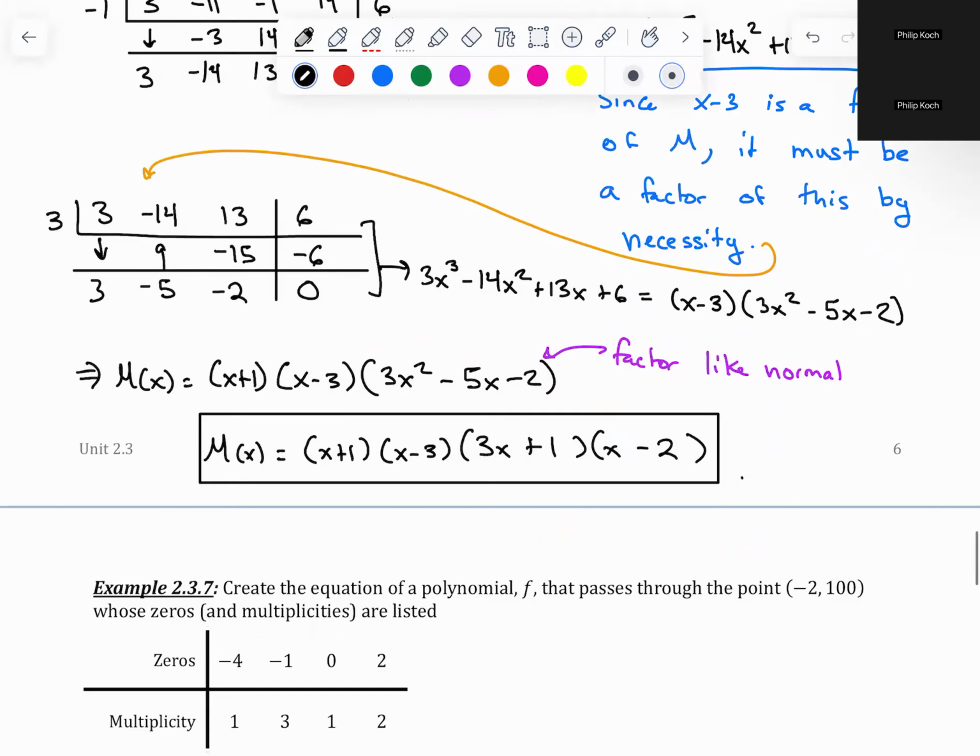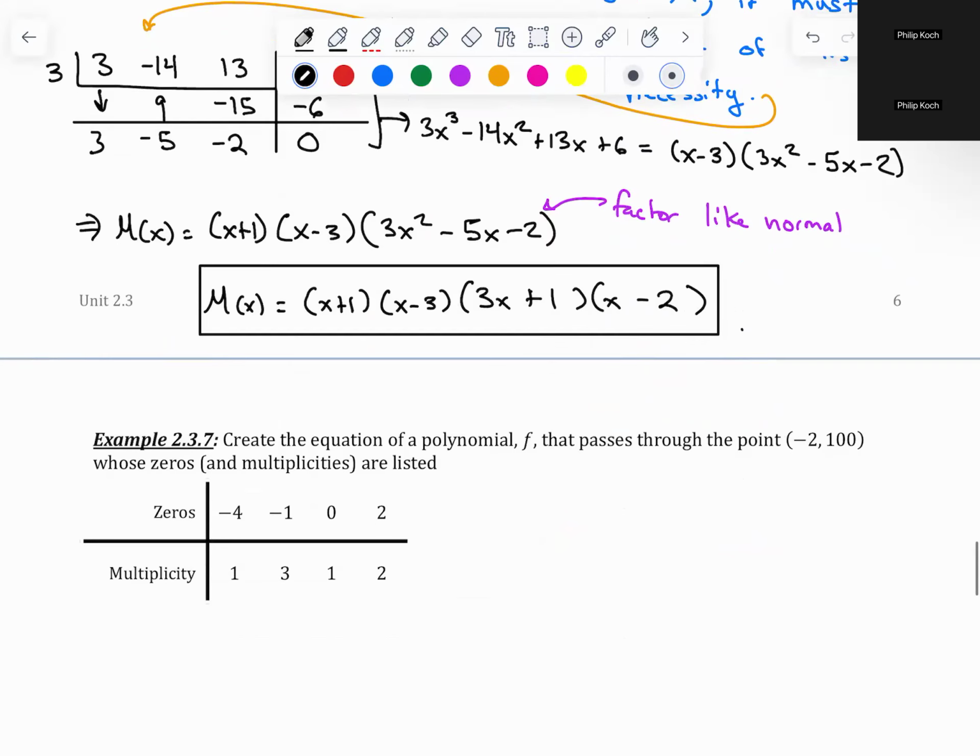All right. Now we come to a very fun problem, one that is near and dear to my heart. Create the equation of a polynomial. I love creating polynomials. That passes through the point -2, 100, whose zeros and their multiplicities are listed below. Okay. So we know what the zeros are and we know what their multiplicities are. So by the big boy factor theorem,